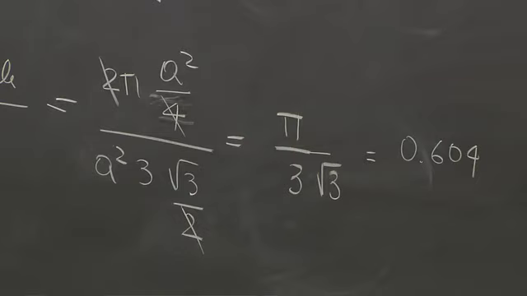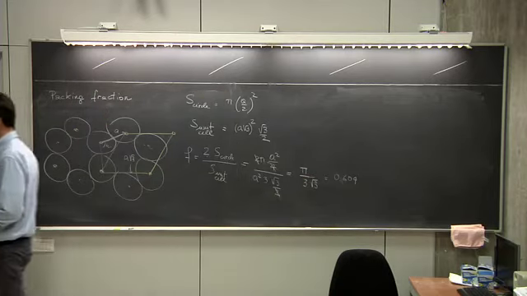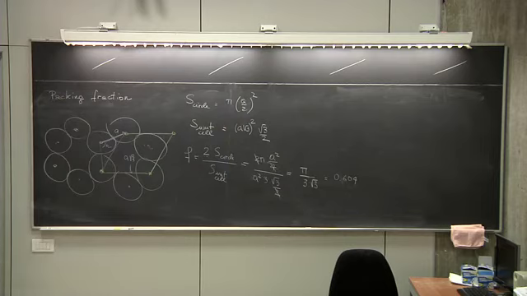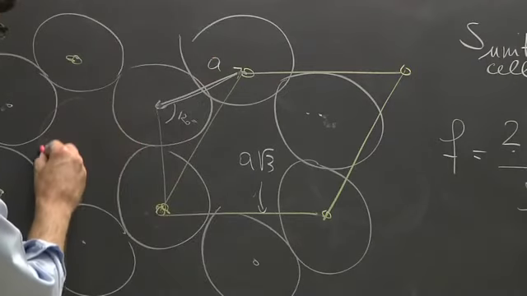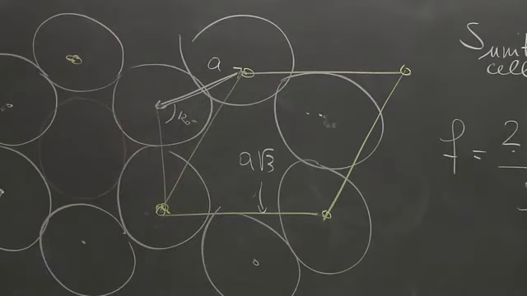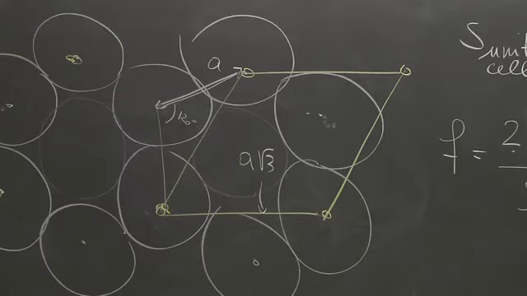Now, there was another way in which you could have calculated it much quicker than that. If you take a look at this picture, what if I place an additional circle here? What do I obtain? The triangular lattice, right? A triangular lattice of spheres. So what am I doing here? Out of a triangular lattice, I'm removing 1 sphere out of